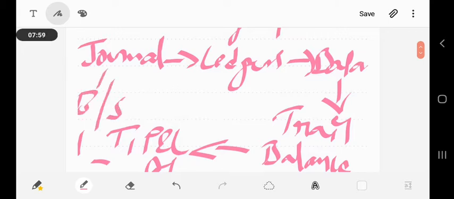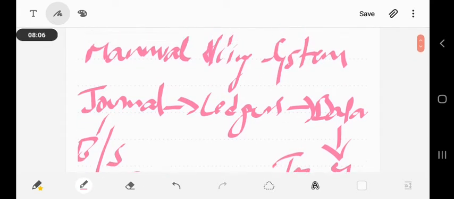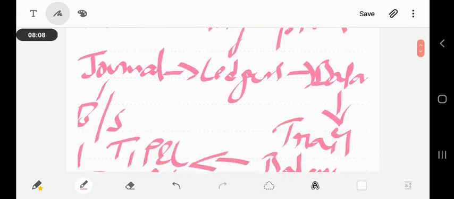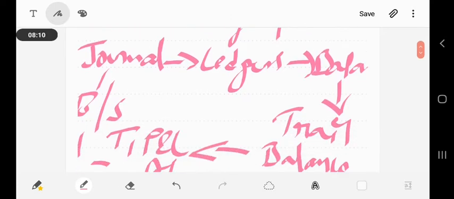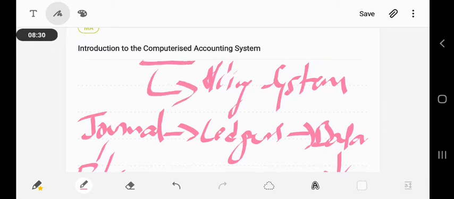Finally you get balance sheet. If this is the cycle in a manual entry accounting system, in this manual accounting system you don't have any other option to skip any of this. That is, you have to enter manually. Therefore, in a computerized accounting system,